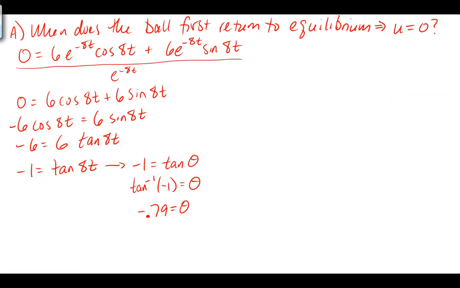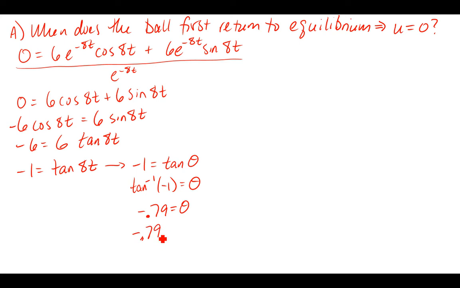So the way to do this and make your life easy is to remind yourself that tangent repeats every pi radians. Or if you were doing degrees, every 180 degrees, tangent is exactly the same as it was 180 degrees ago, or pi radians ago. So while our calculator says theta is